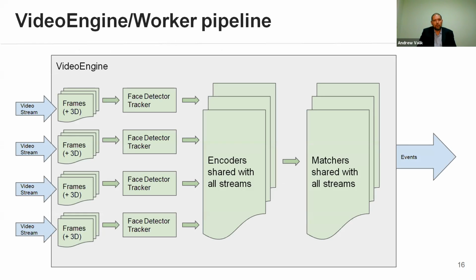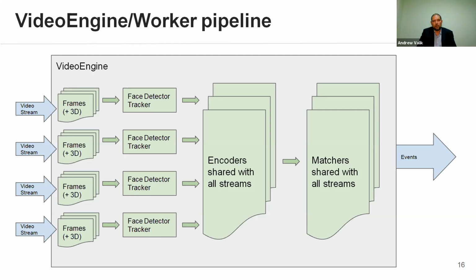It can process a few video streams. It's an unlimited number of video streams; it depends on your resources, on the number of cores that you have on this computer, on this CPU. And for each video stream,